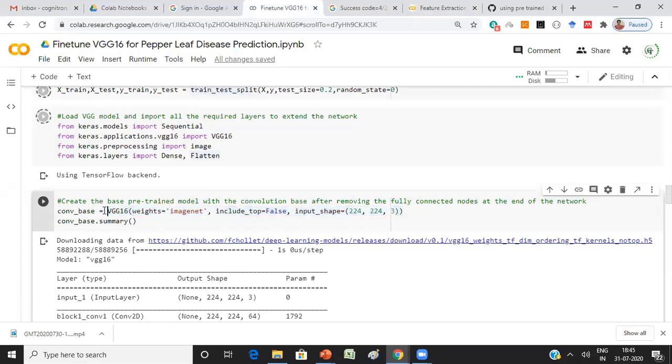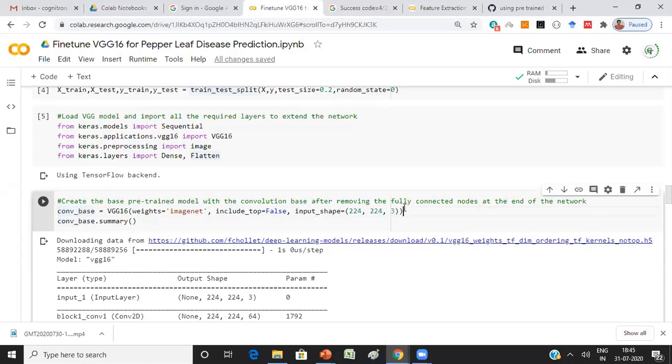And what is this VGG16 basically? It's a model, a deep convolutional neural network model. And that model will be assigned to the variable convolution base. Like in the previous classes, we used the variable name model. Because we are going to get only the convolution blocks, I just named it convolution base. Whatever name you want for your model, you can use that name.